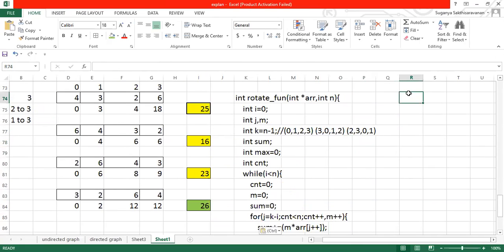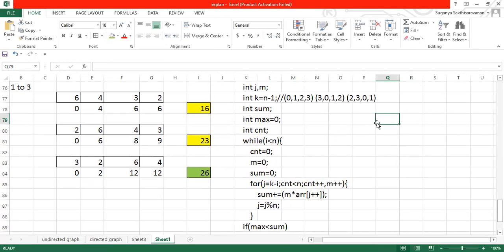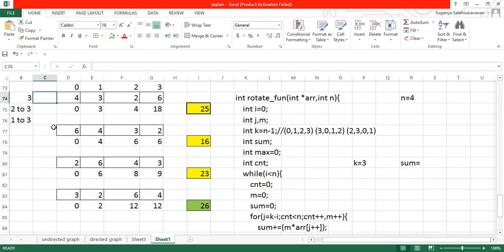So here we know that this is our array and our n value is 4. What are the elements we are initializing? We are making use of one variable called k. The k value is n minus 1, which is 3. And you're going to have some value, that is what we are going to calculate. You're going to find the maximum value for each and every iteration. This particular i loop is for executing these many times: first iteration, second iteration, third iteration, fourth iteration, right? So this outer loop is for the number of executions.